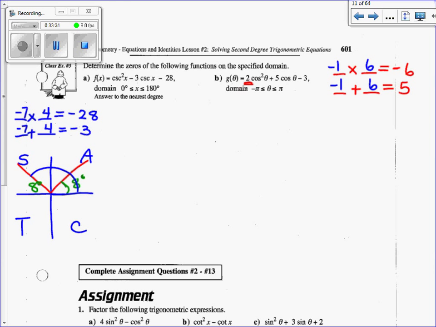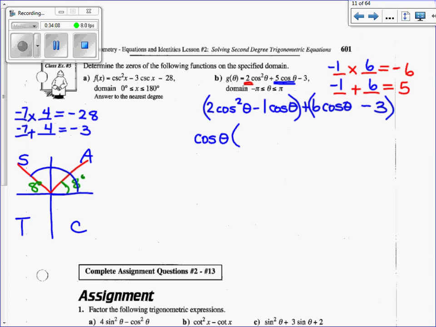So I write my equation: 2 cos squared theta. It's this middle term I'm decomposing, into negative 1 cos theta plus 6 cos theta minus 3. Then remember, you group those two, leave your sign in the middle, and what do I have in common that I could factor out here? I can factor out a cos theta, and when I do that I have 2 cos theta